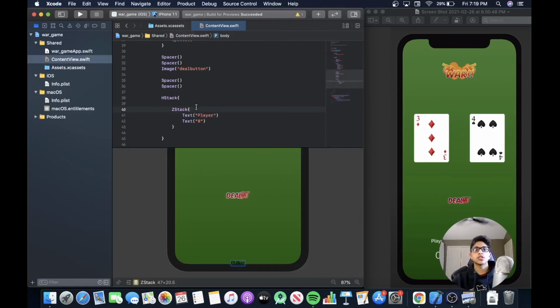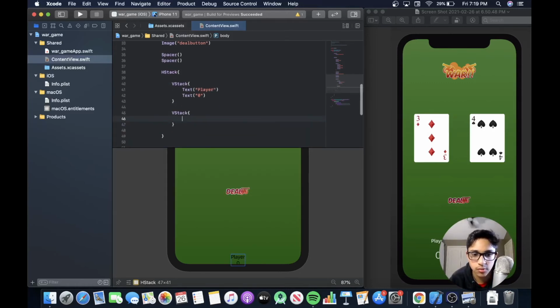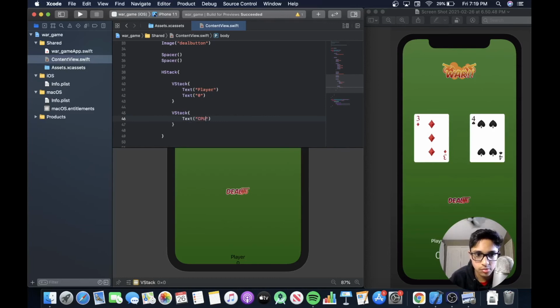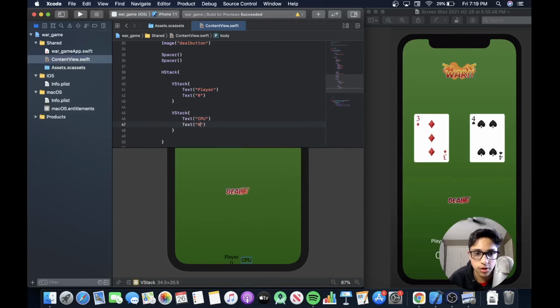Oh, so in this Z stack. Oh, why would I do a Z stack? I need a V stack. That's the problem. See, now I want to call myself a genius, but I'm not, because I made that mistake. So now I have this CPU, so text, and then in here CPU, and then underneath it I have a text, which is 0. Great, so I have this,